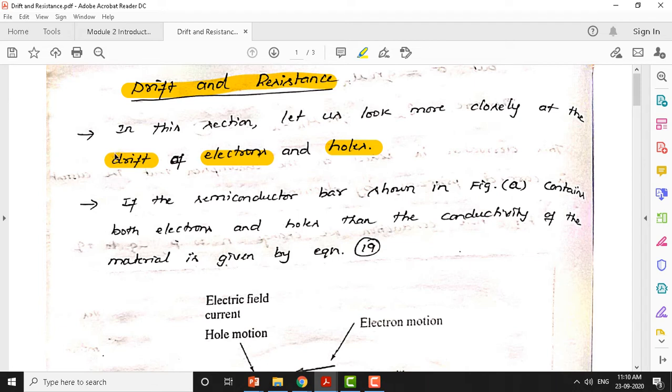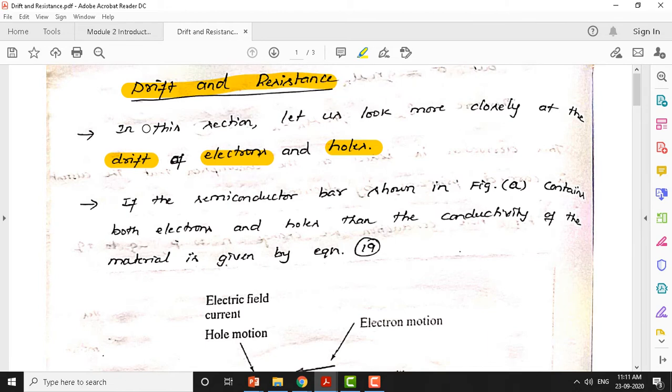You will get to know the diffusion current in the PN junction, how exactly diffusion current will flow in a semiconductor. So diffusion current is basically due to the concentration gradient. In a PN junction, if you see, on one side there will be a concentration of holes, and on the other side there will be a concentration of electrons. So there will be a change in the gradient of those concentrations, and that change causes the diffusion current. Without electric field, if the current is flowing, that's the diffusion current. With electric field, if the current is flowing, that's labeled as drift current.